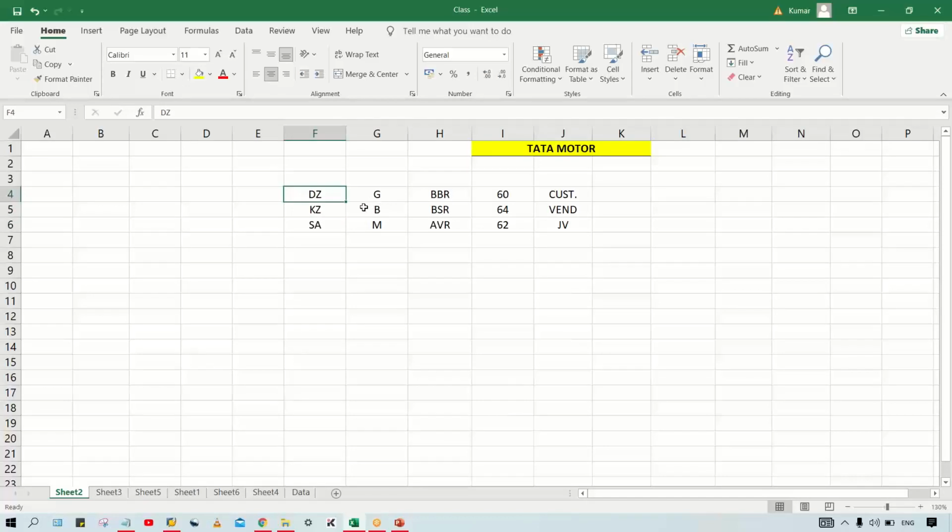So what happens when any vendor payment is going to be posted? A vendor payment will be posted against the KZ document type, right? At that point of time, the transaction is generally going to be posted in foreign currency itself, but the system automatically converts it into local currency, right? So at which rate is the conversion going to happen? Here exchange rate type B we have assigned against this document type, and against B we have specified the rate 64. So at this rate the conversion is going to happen,